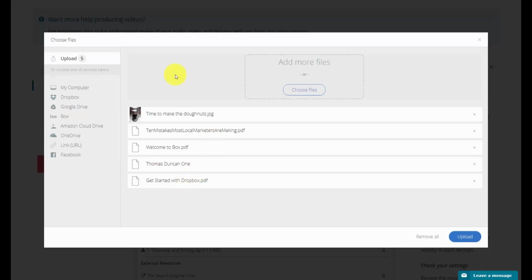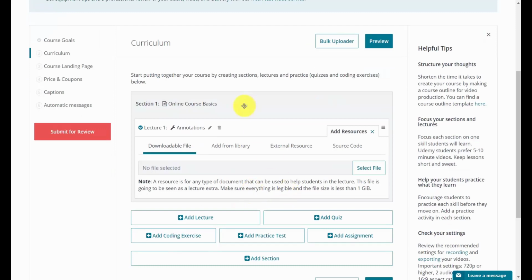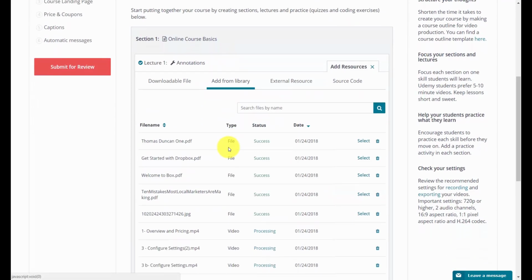So once you have all of the elements you want to add to your library, either to use in this course or in future courses, you'll then click Upload. Now the bulk uploader will be moving that content into your library. And when you're adding content and you click the Add from Library link, you'll see a lot of your content